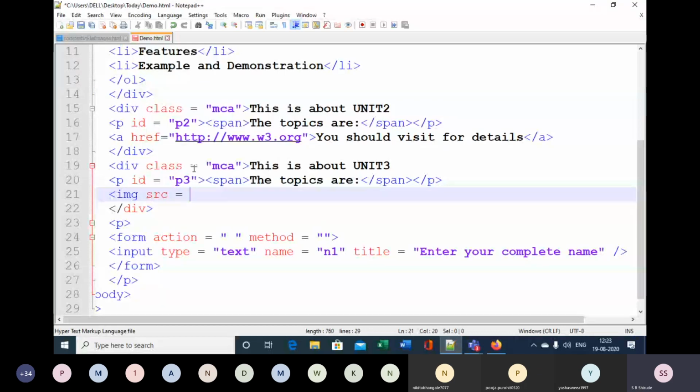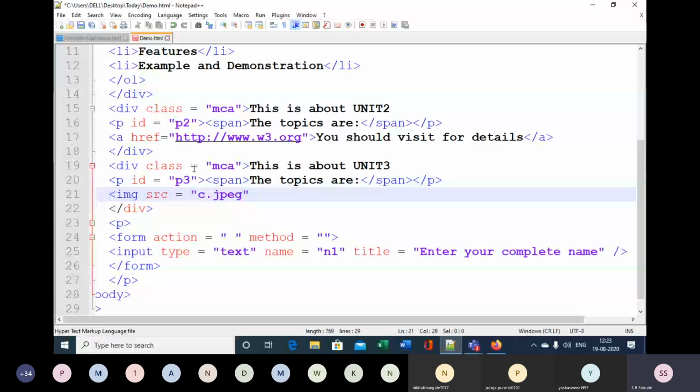If I have to give a complete one, then desktop/today/c.jpg, that I have to give as an absolute URL. So img src is equal to c.jpg, and then alt: this is about components, and close the img tag.